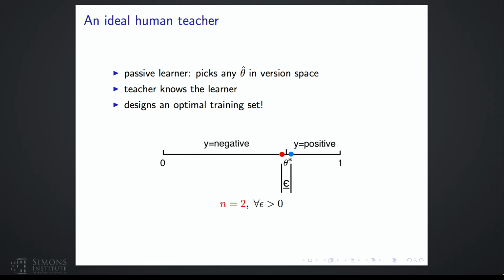You as a learner, you didn't know that this training set is not an IID sample. You would just do your standard thing, cutting away your version space. You will arrive at a good hypothesis. And in particular, no matter what the required precision epsilon is, we only need 2 examples. So this is very different from standard machine learning.